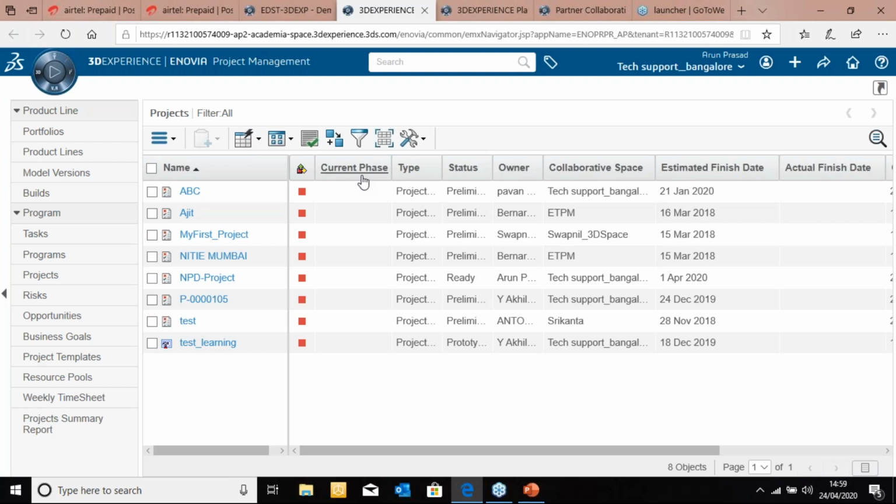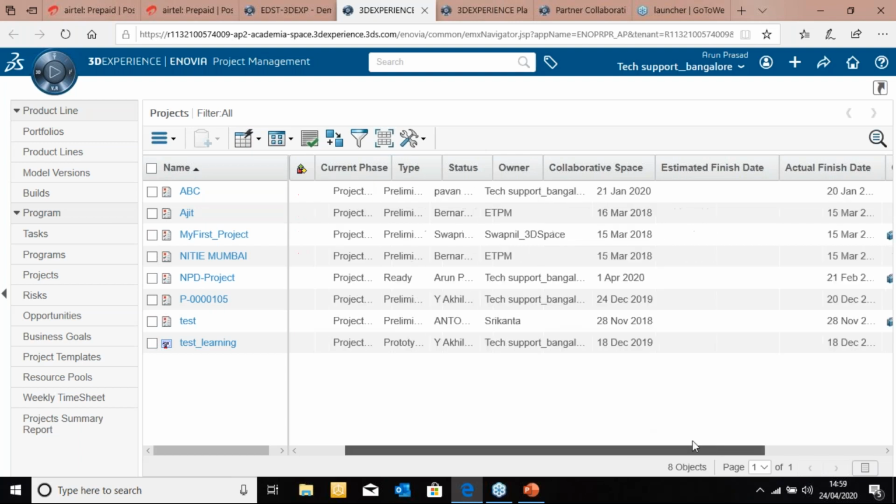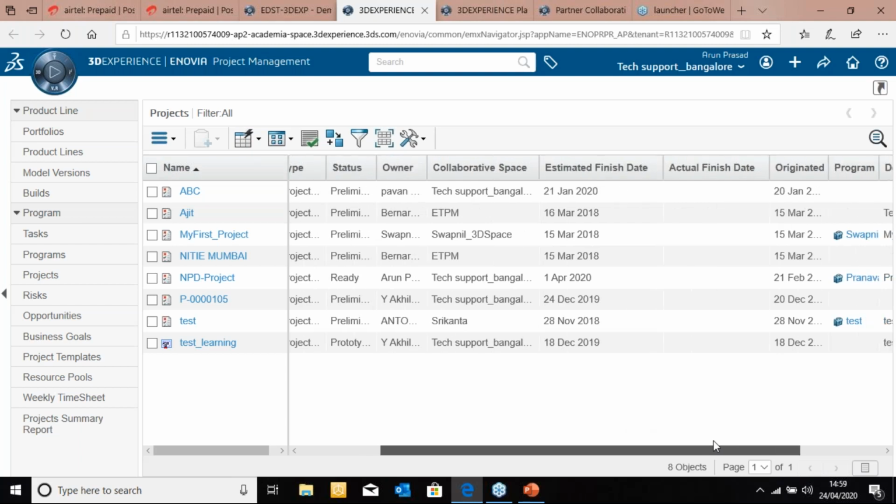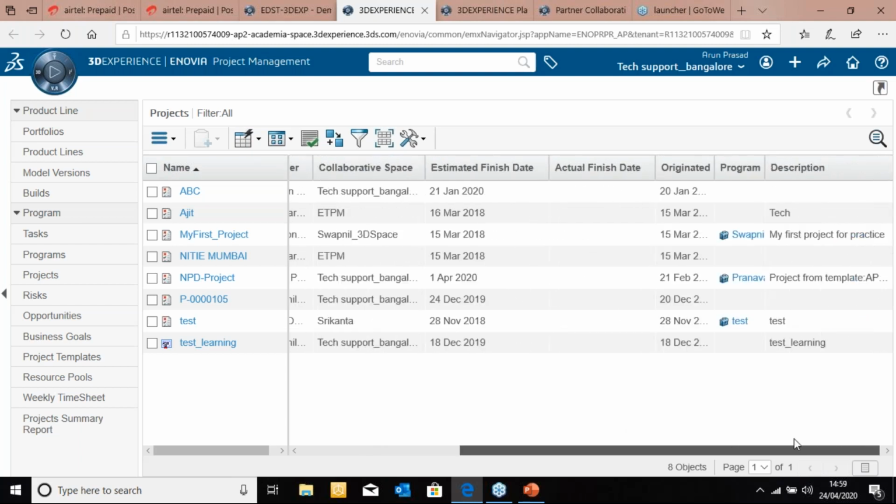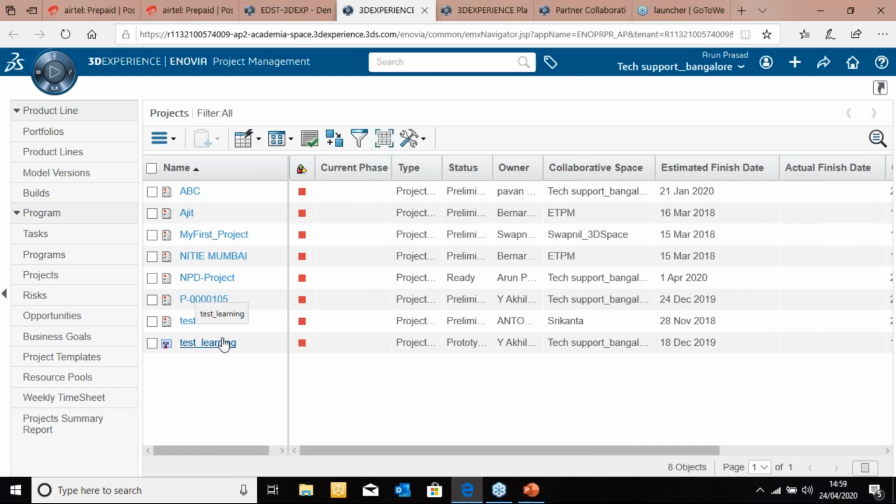It can help you define the critical paths. What is the status of each and every project? What is the estimated finish and start date of this project, and where we are today? So it gives me a dashboard view about not only the projects, but also the complete portfolio of the program.